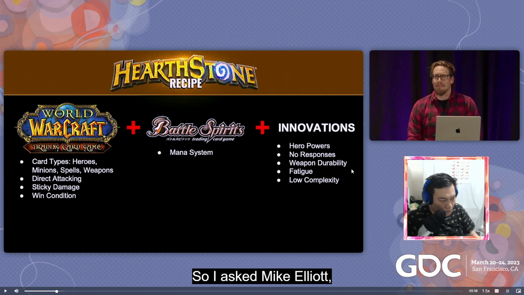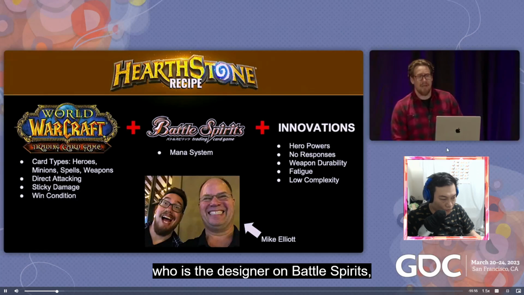So I asked. 所以这就是他们3个不同的东西，一个是原先 World of Warcraft 就是 WoW，也就是魔兽世界，原先自己就有一个 TCG 的游戏。那这个游戏其实是由 Brian Kibler 做出来的东东。那如果你们不知道他是谁的话，其实那个家伙原先是一个 MTG 的人，然后最后他做这个东西，然后这个东西一部分东西又变成炉石之类，又被 Ben Bro 融合这2个其他东西，Mike Elliott, who is the designer on Battle Spirits,